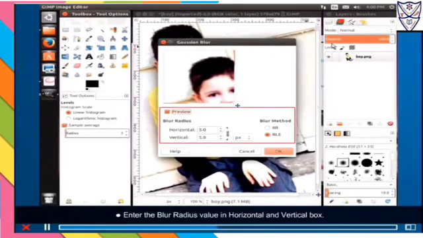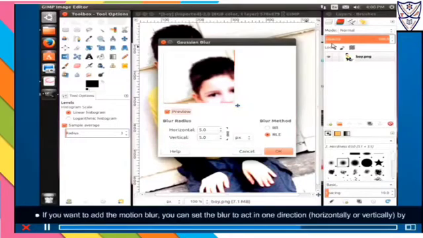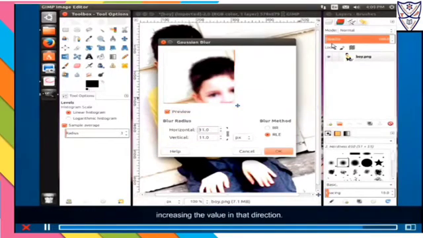Enter the blur radius value in horizontal and vertical box. You can choose the unit value from inches, millimeter, percent, centimeter, etc. If you want to add the motion blur, you can set the blur to act in one direction, horizontally or vertically, by increasing the value in that direction. Click OK button.